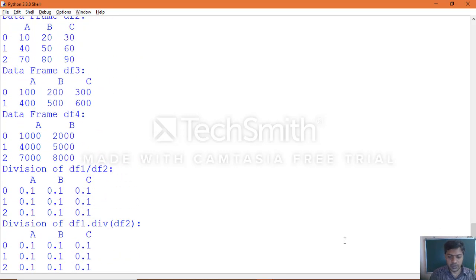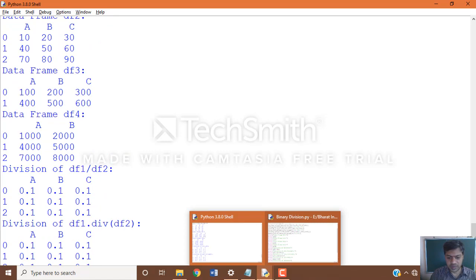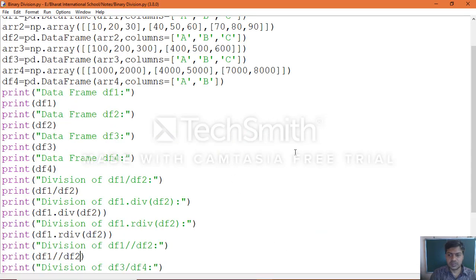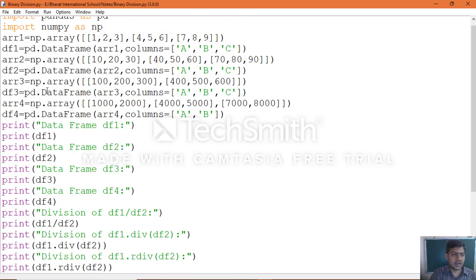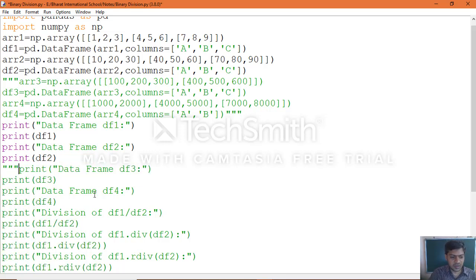Okay, if you want to see only 2 objects operation, yes, you can specify such a way that whichever 2 objects you require, you make use those 2, and remaining objects you can keep in comment, so that only 2 objects will be displayed and you will be able to perform only those 2 objects operation.